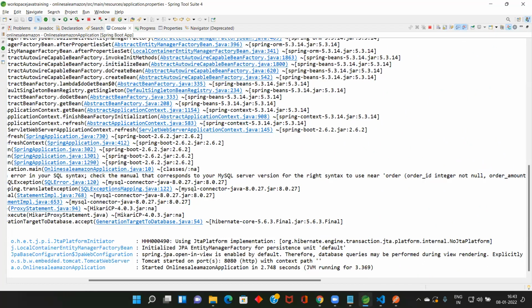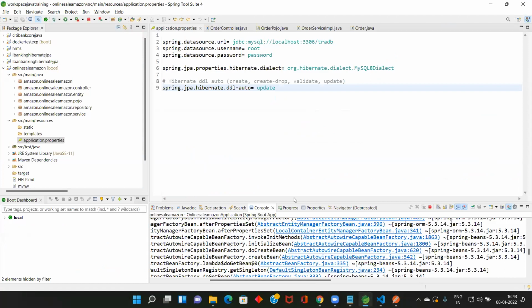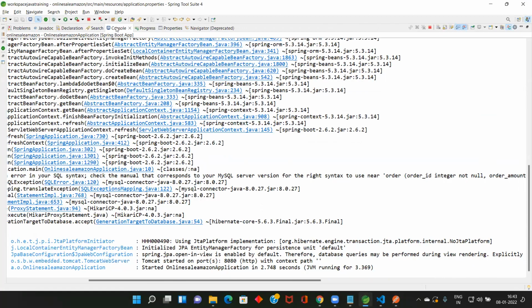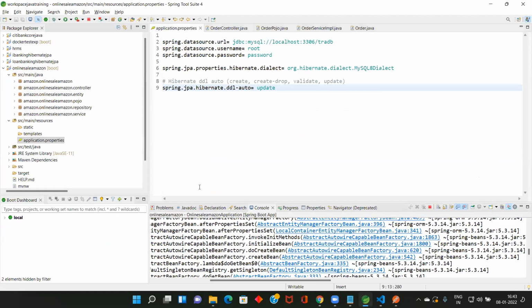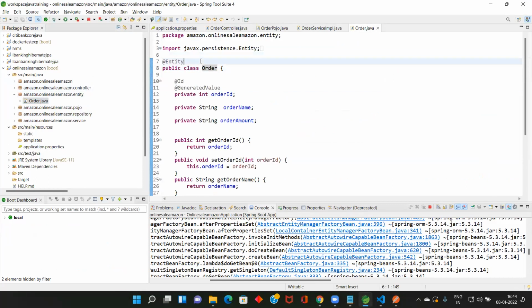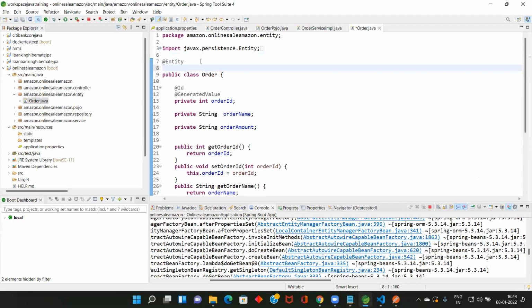Okay. So what is the problem here? The entity Pojo. Maybe I go to the entity. Let me change. Let me give one table name. Maybe the table may already exist, that is not an issue.